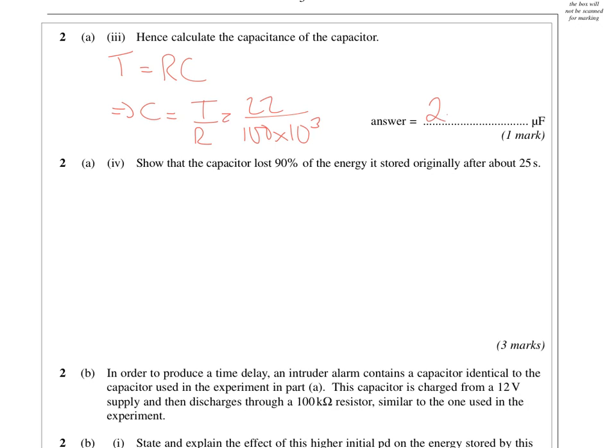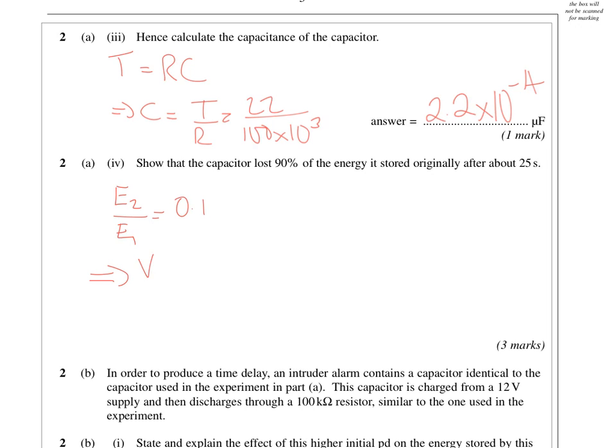And that gives you 2.2 times 10 to the minus 4, or 220 microfarads, I suppose you could go for it. Show that the capacitor lost 90% of the energy it stored originally after about 25 seconds. So if it's lost 90% energy, it will be 10% of its original one. So you know that E2 divided by E1 is equal to 0.1,